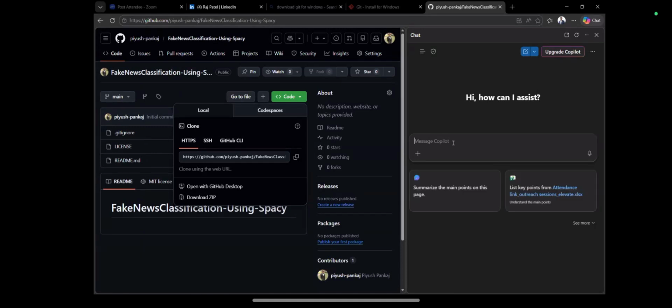Yes. So I will type some context. I have created a project related to NLP where I have used spaCy as a toolkit.